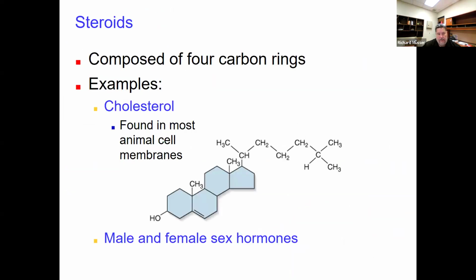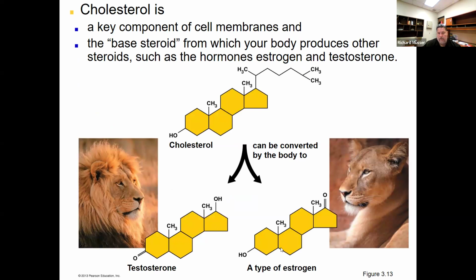Also, fats and lipids, in their synonymous term, can make up the different hormones in our body and steroids, for example. And so here we have a cholesterol that can then be converted into things like testosterone and estrogen and so forth. Cholesterol is also found in the cell membranes between those phospholipid tails. It helps provide some fluidity to the cell membrane. So again, cholesterol gets converted into testosterone or estrogen through a variety of enzymes. You might not know that cholesterol leads to testosterone or leads to estrogen.